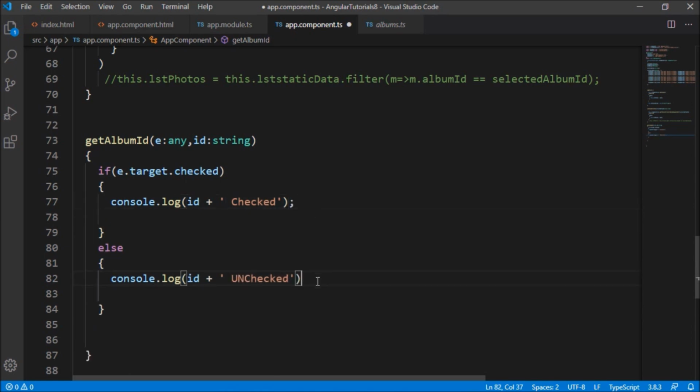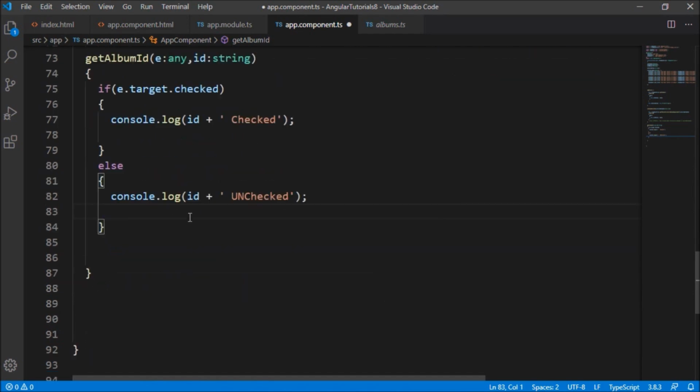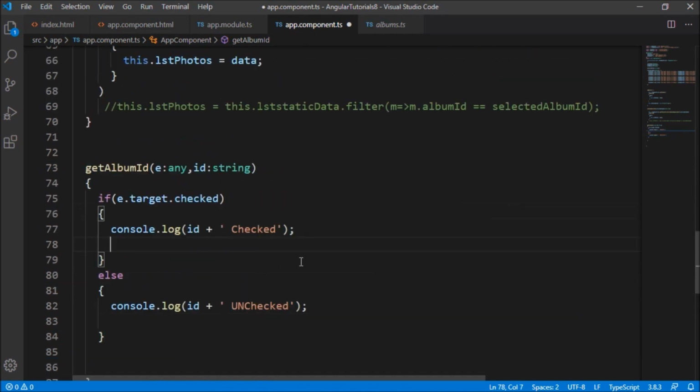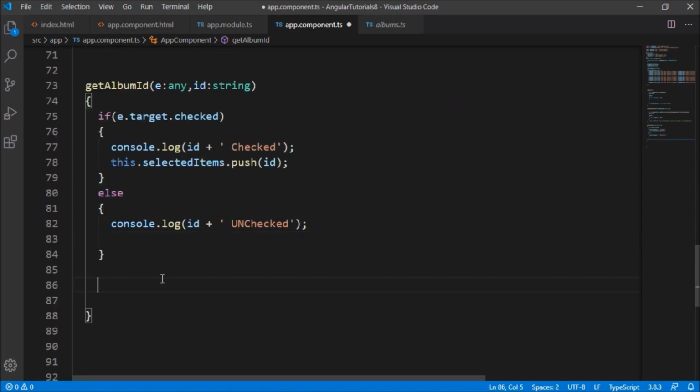Now let's store the selected items in our selectedItems array. So I'm going to write this.selectedItems.push and the selected item in the multiple checkbox. And after this if and else, we are going to put the log for printing the selected items.